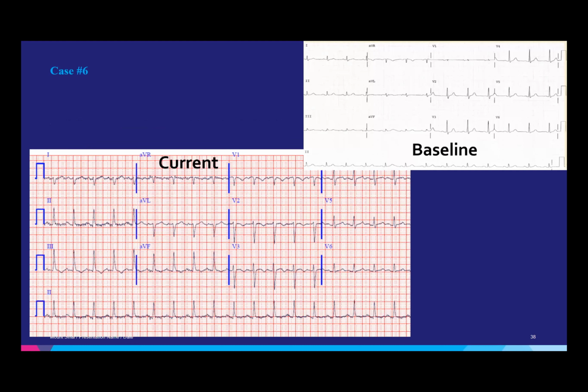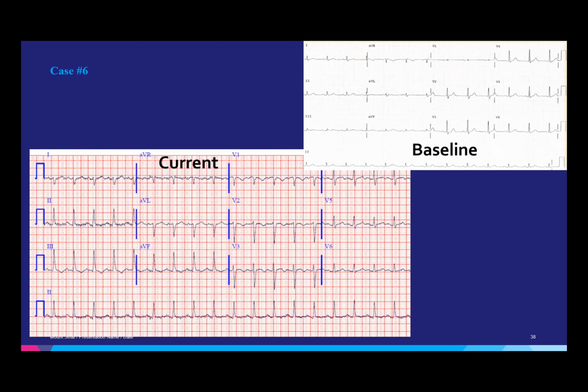And will someone repeat to me what a right axis deviation is? Arpan, do you want to just repeat exactly what Rafa and Wanjun said? Yeah, sure. So to look for right axis, we generally look at lead 1 and lead 2. So you can just see the vectors. If they are both up, it's normal axis. And if it's negative in 1, positive in 2, it can be right. So you got a negative in 1, and then you got an upright in 2 and an upright in AVF, right? So that's the right axis.